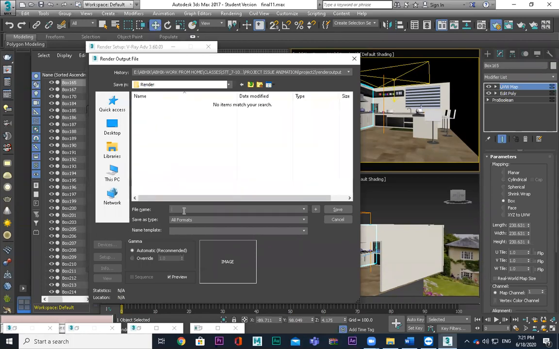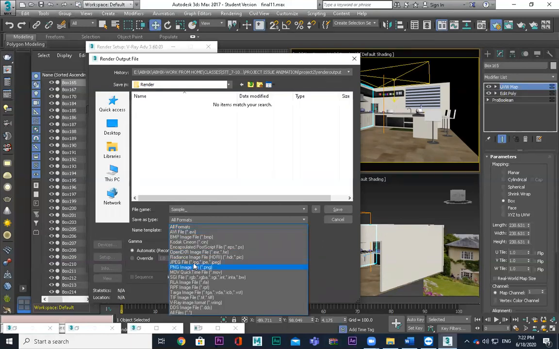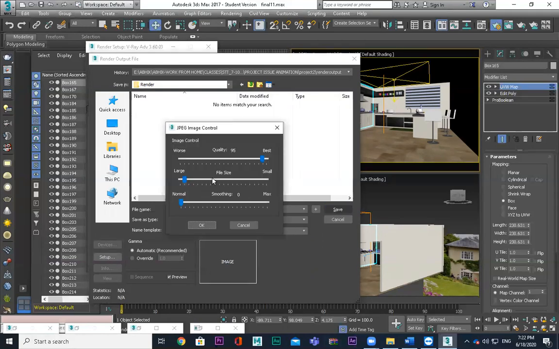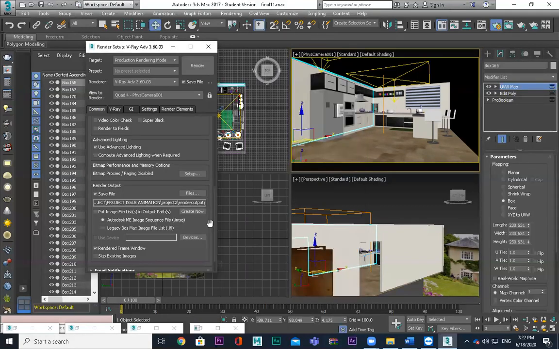Come over here, give a name of the file which you will do, but do not forget to provide underscore, because in After Effects, if you're not providing underscore, it will be a problem. So make sure that, guys, you are providing the name underscore. Format JPEG or PNG. Don't go for TGA. It's going to be very, very heavy. JPEG or PNG. Okay. So I will give JPEG over here and let's say save. Give the best quality and say okay.